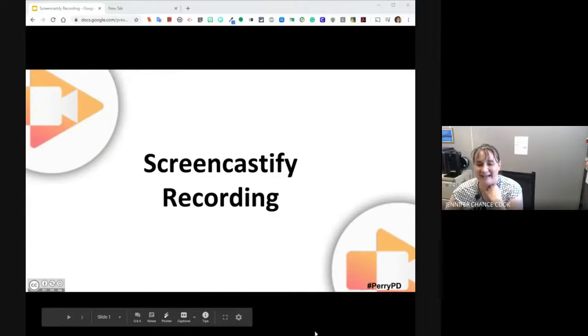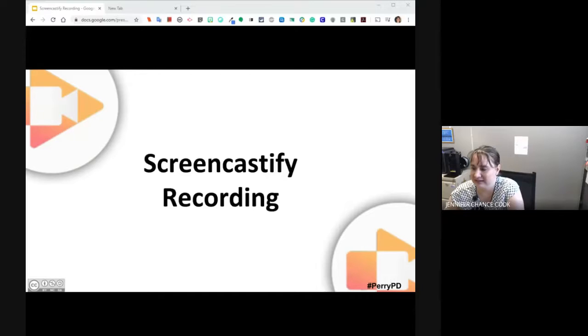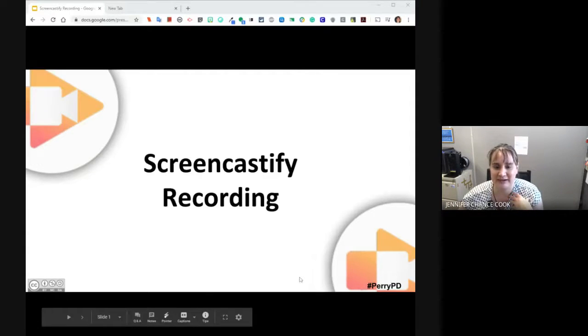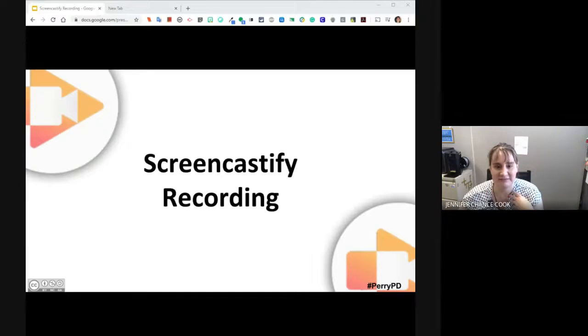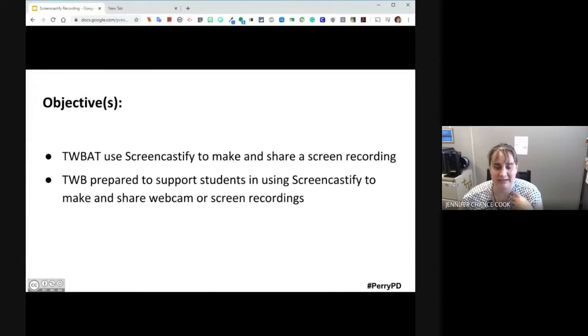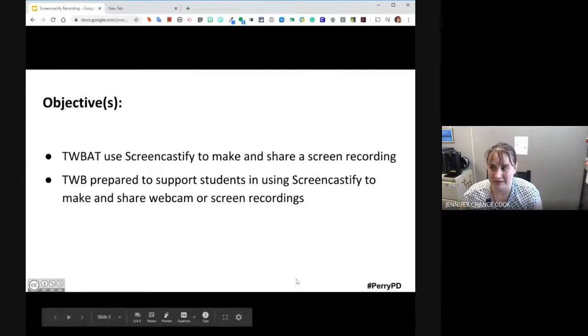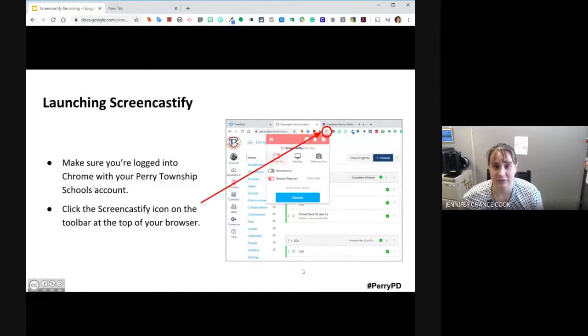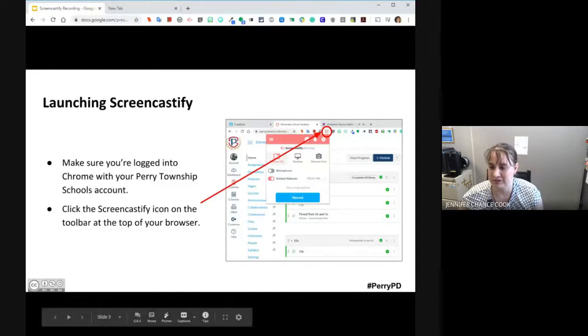All righty. So we are talking Screencastify the rest of the day today in kind of three chunks. We're talking recording here, recording now with Screencastify, and my goal for the next hour to hour and a half is that you'll be able to use Screencastify to make and share a screen recording, and that you'll be prepared to support students in using Screencastify to make and share webcam recordings and or screen recordings. So the first thing to know is launching Screencastify,